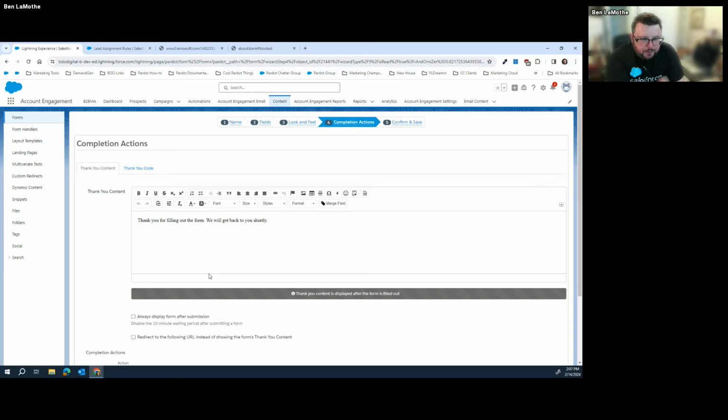So Pardot does have the ability to send a notification if somebody gets assigned a lead or a prospect in Pardot. Salesforce also has ways to notify lead assignments. You could also, if there's a task, if you want to,